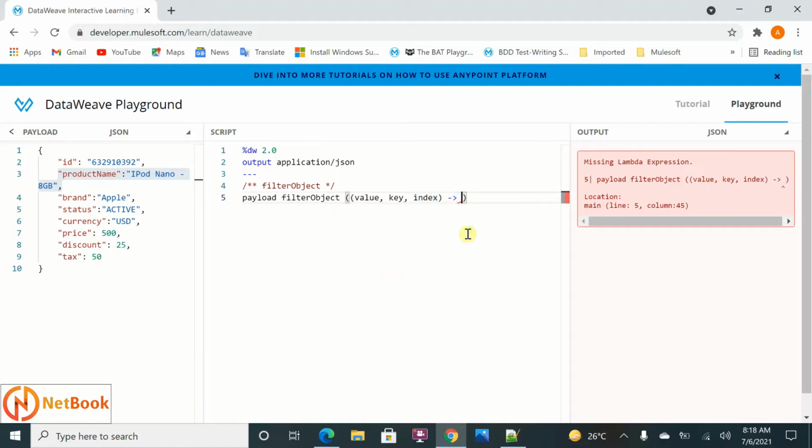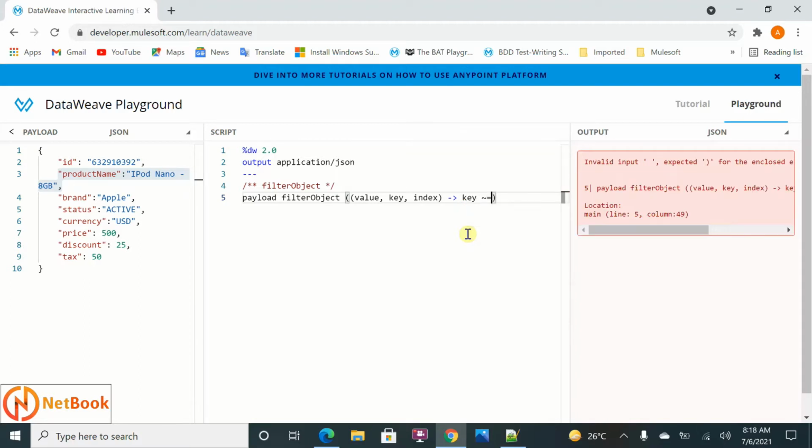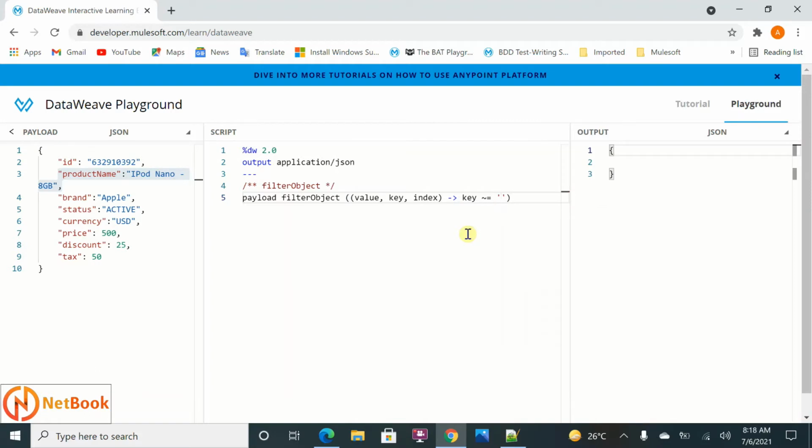Now I need to put a condition if I want to filter the data. I'm going to say that if the key matches brand, I want to filter only those details. So I'm filtering the key where it matches brand; that is all I'm taking.